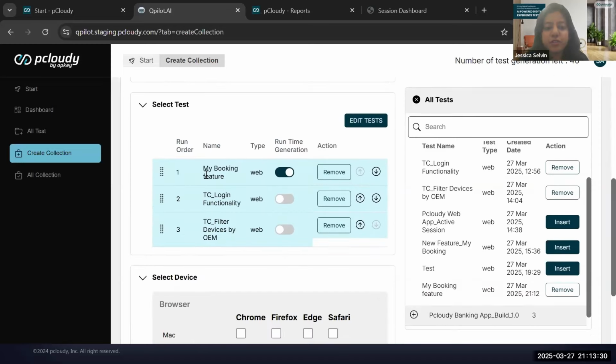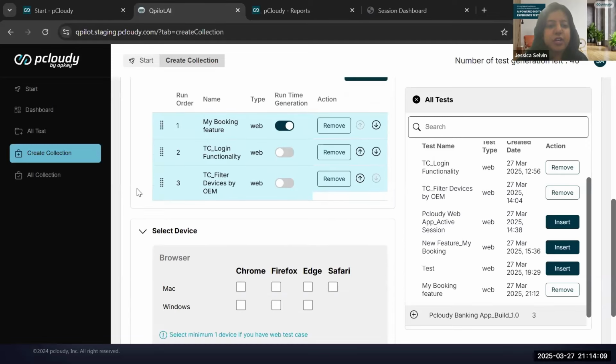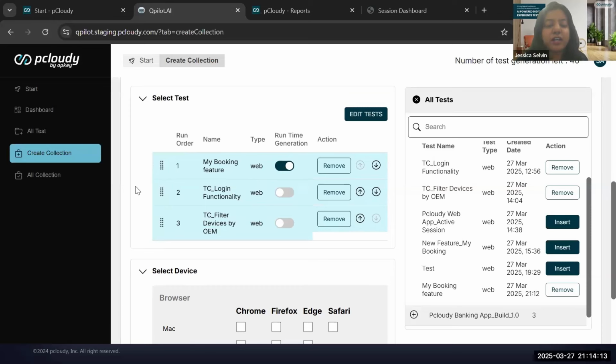So you can see that for the My Booking feature one, where we have just given the description, the toggle for runtime generation is enabled here. What this means is, firstly, it will go ahead and do an execution, a QPilot generation, like I showed you in the beginning. It will do that generation and get the script, after which it will trigger the run for all these 3 test cases. So whenever you select a test case with runtime generation enabled, it will first execute the entire script and generate the script, and then it will be able to execute all your test cases as a collection. This is for the case where we are not creating the script or adding a particular feature functionality testing, but